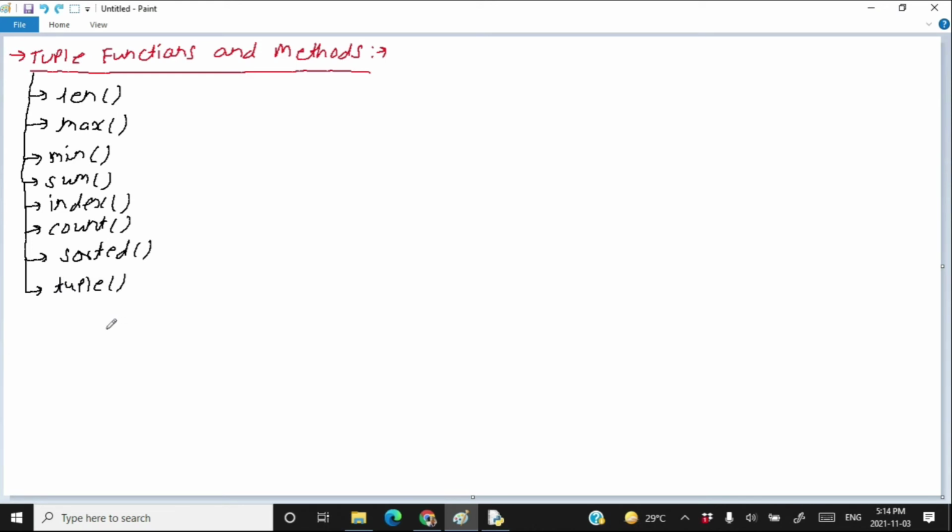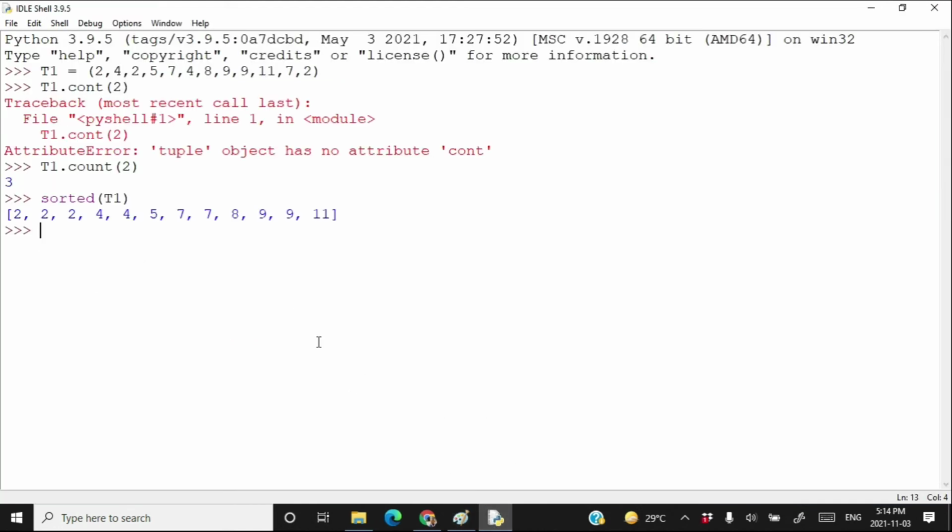The next method we are going to learn is the tuple method. When you pass a sequence as an argument to the tuple method, it converts the given sequence into a tuple. That means a new tuple will be created with all the elements taken from this sequence. This is called the tuple method. Let's try it. Suppose I have a string s is equal to "hello", then I type here tuple and pass the string s as an argument to the tuple method. Here I got a tuple with all the elements taken from this string.